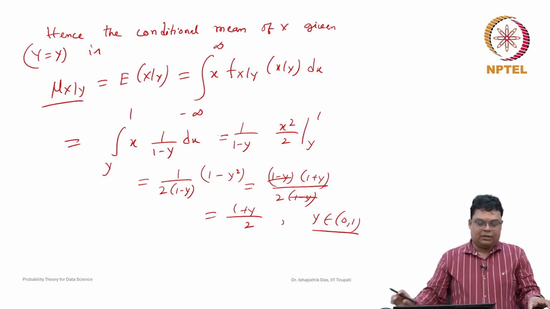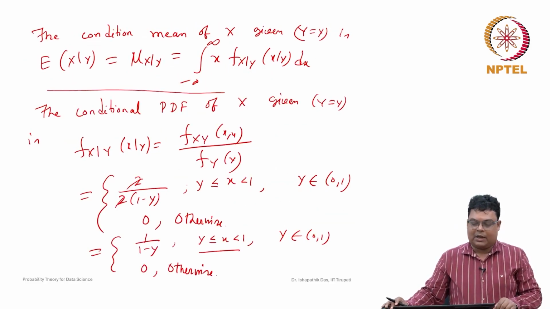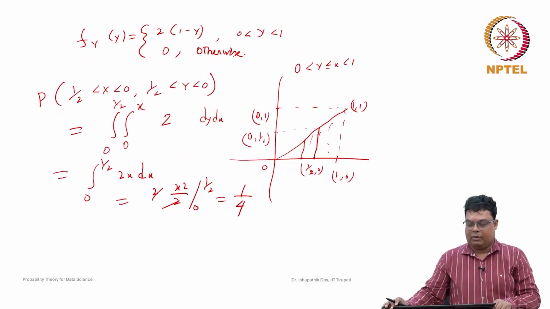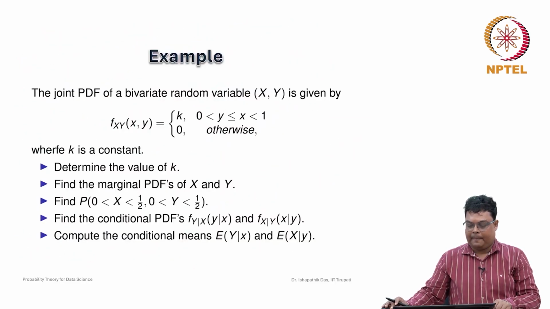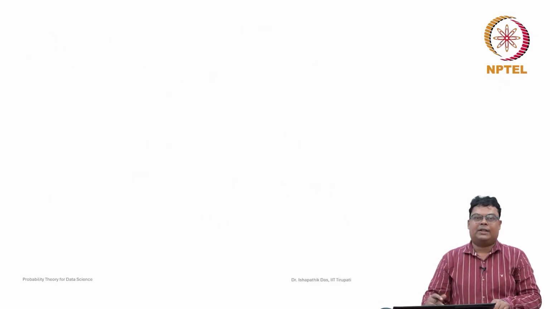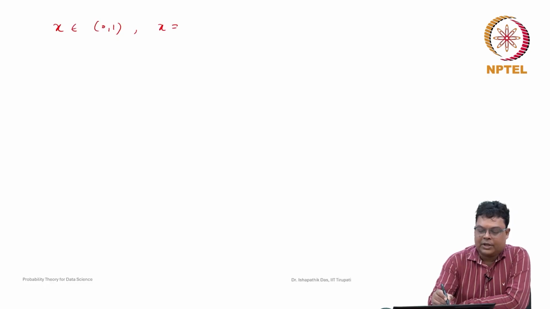In this question the variance is not asked, but similarly we can find the conditional variance also. Both the conditional means are asked here, and we can find the conditional variance also. Suppose you want to find the conditional variance; for discrete cases we computed sigma square. Suppose x is between 0 and 1, say x is given as 0.5, and it is asked to find the